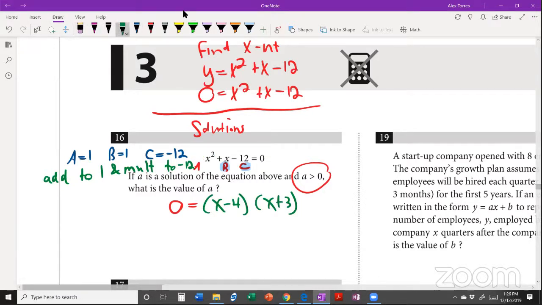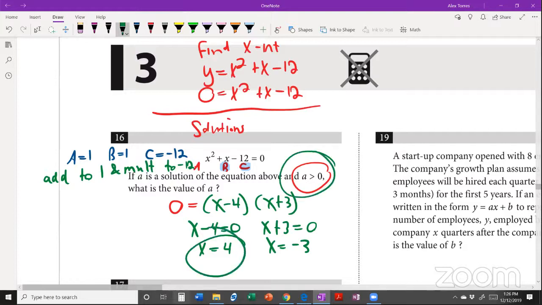And our zero product rule says you set them both equal to 0. Add 4 here to solve and take away 3 here to solve. And your answers are 4 and negative 3. And now it seems to matter that they told us look for the positive answer, because otherwise we'd be confused whether to put in 4 or negative 3 here. So the answer to number 16 is